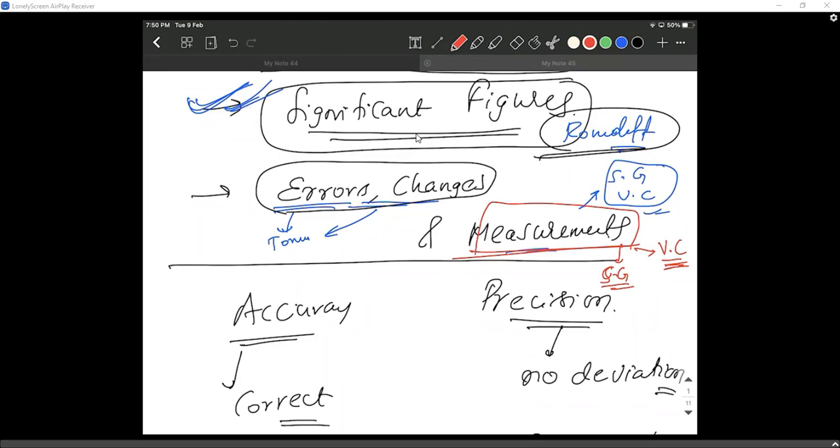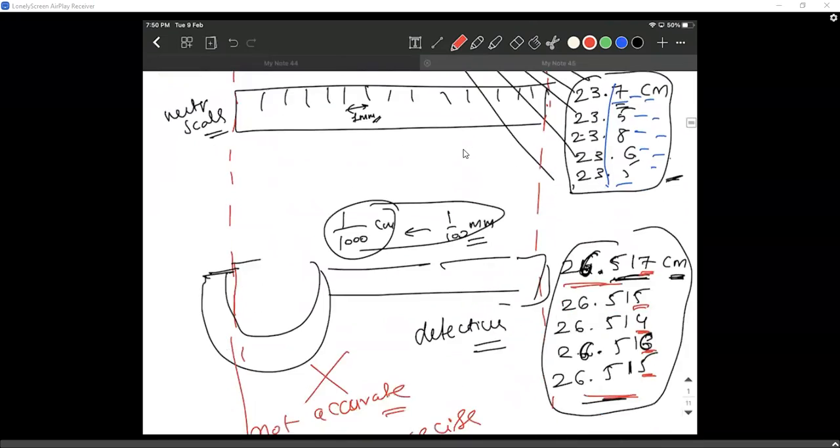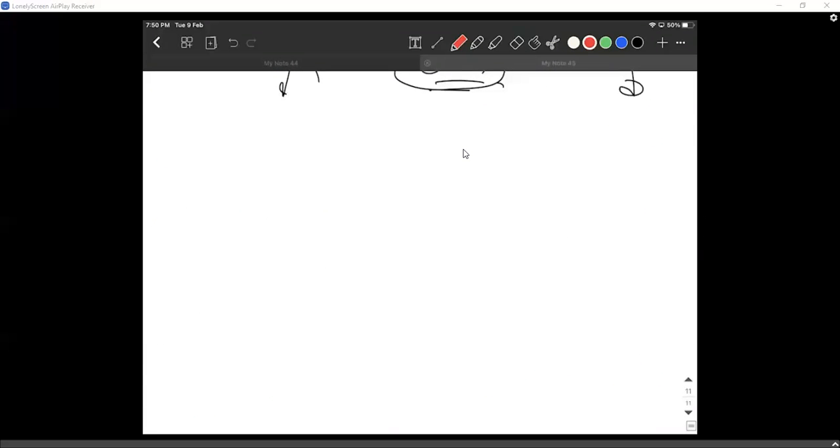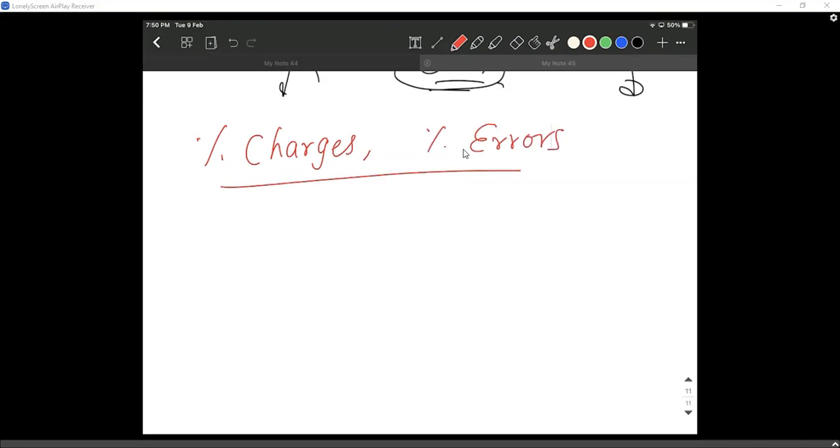Today we are going to talk about percentage errors and percentage changes. This will be a small session only. I don't think it will take much time to discuss percentage changes and percentage errors. Once we've done this, we have covered a very tiny but important part in your physics class. So today we're talking about both the ideas, percentage changes and percentage errors.